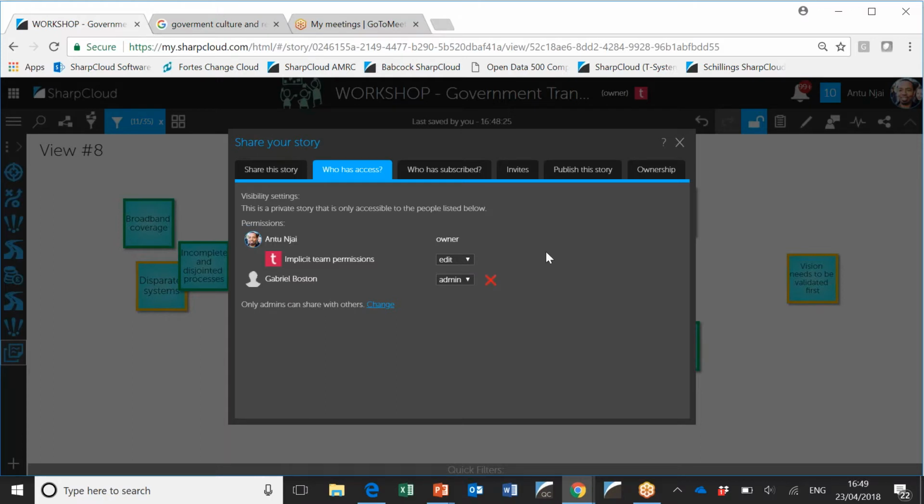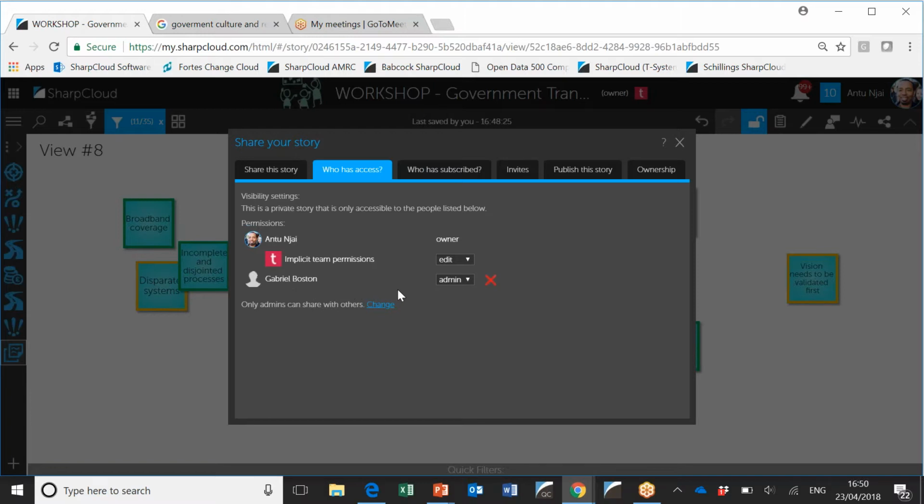So initially, you may want to give people view permissions until they're comfortable with what they need to do in the story. Then you might want to give them edit permission, because you're saying, right, now is a phase where we really need you to add new information, to challenge the story, to give us all of your feedback. And then once you've got to a certain point, you close that back down. You say, okay, I'm going to give you view permissions again now, so you can't change it, but you can still comment. So you're managing it as a set of permissions en masse. And then you can share it with individuals.